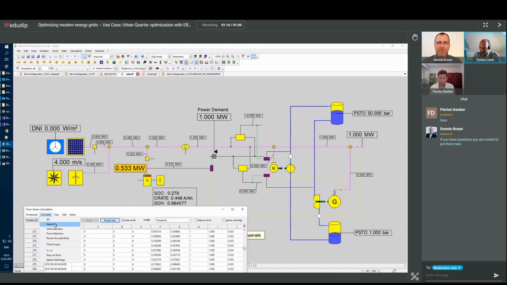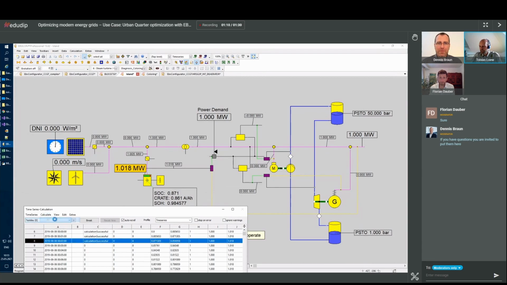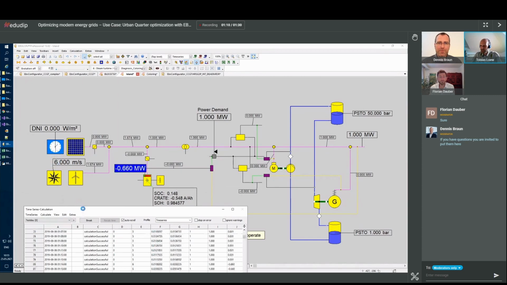I just start now the whole calculation, which is minute based right now. You see that the clock is running slower right now, and we are currently at 3 a.m. in the morning, and we have wind, which produces enough power. The power demand for the whole island we set to be always 1 megawatt. Of course, in a real model, you would also put in the power demand getting higher in the morning and higher in the evening, and with a low in the night. But okay, we did it for simplicity like this.